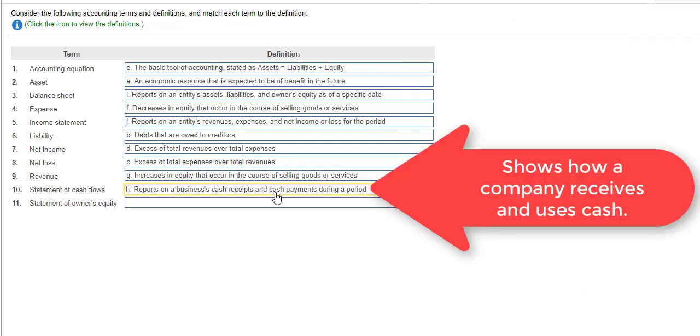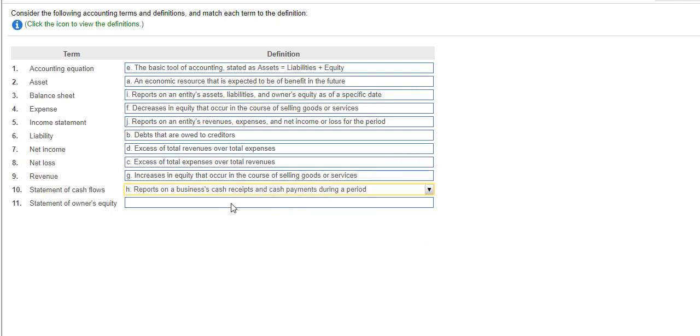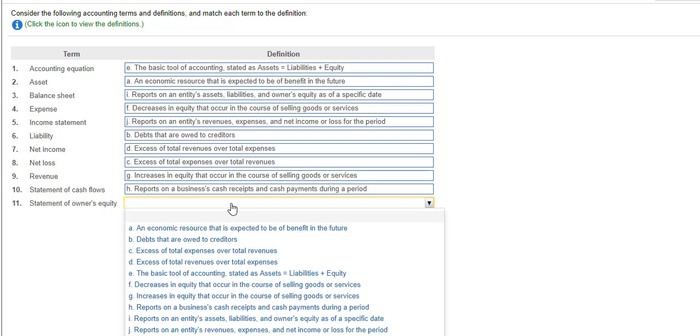Okay. And it also reports on how we are paying our cash. What are we using our cash for? Are we using our cash to pay employees? Are we using cash to expand the company by building buildings, or maybe buying a building, or buying land, or buying vehicles and equipment? Okay, so the statement of cash flows simply shows how the company is receiving its cash and how it is using its cash. And then the last one, we have the statement of owner's equity. This reports on the owner's capital balance